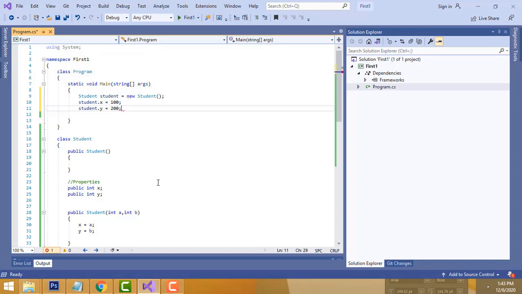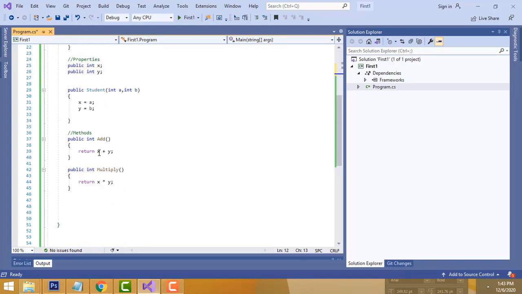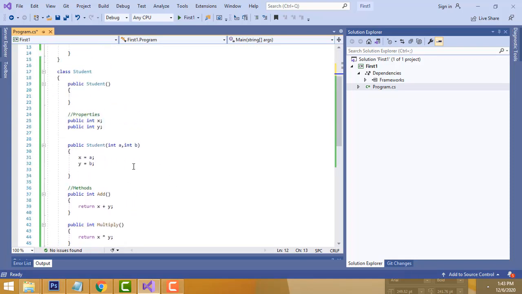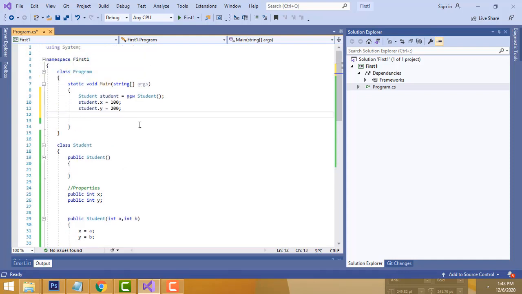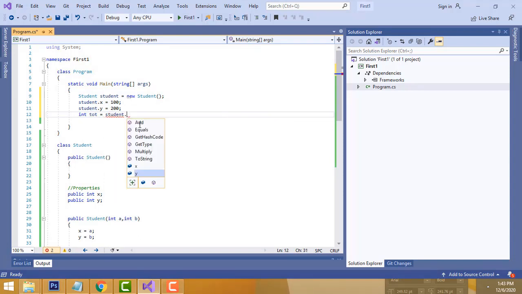Now I am going to call the method to print the value. I am going to write int tot equal student dot add. First we call the add method so you can see the result.